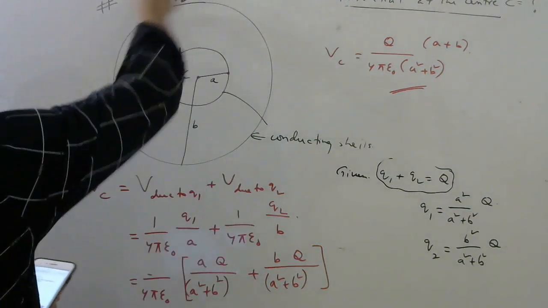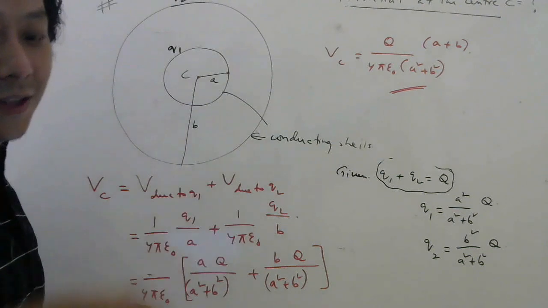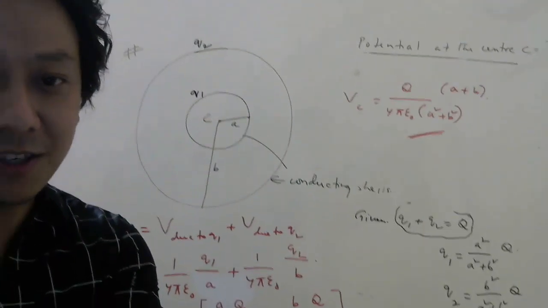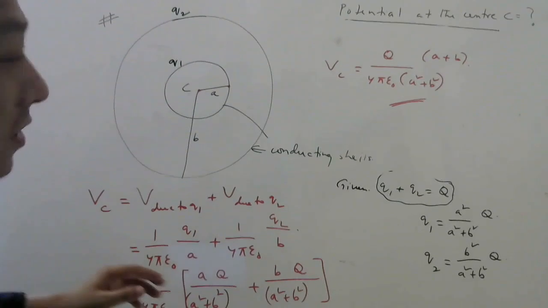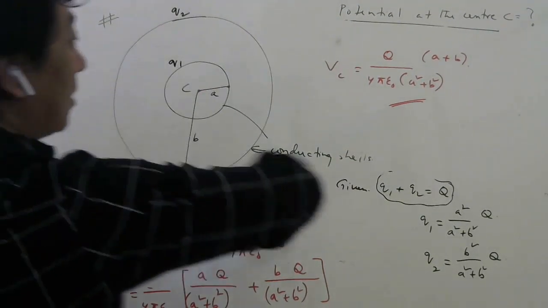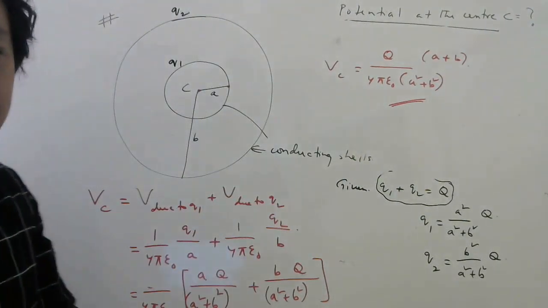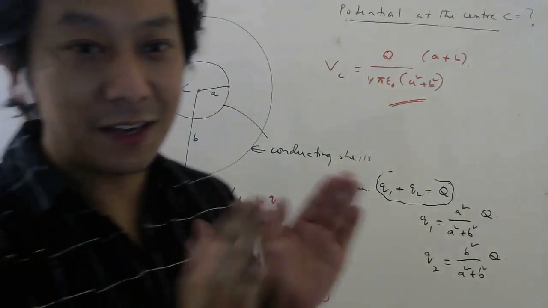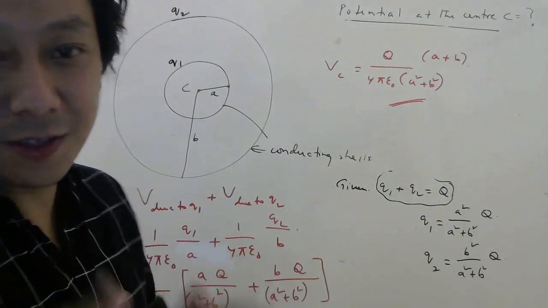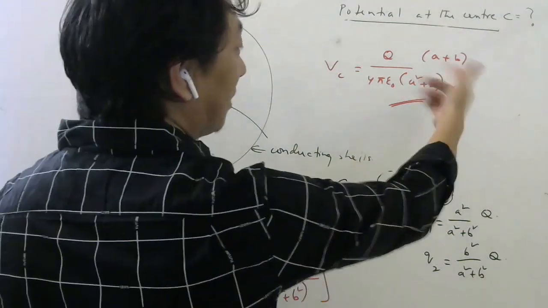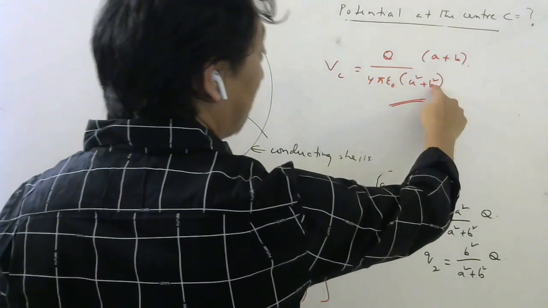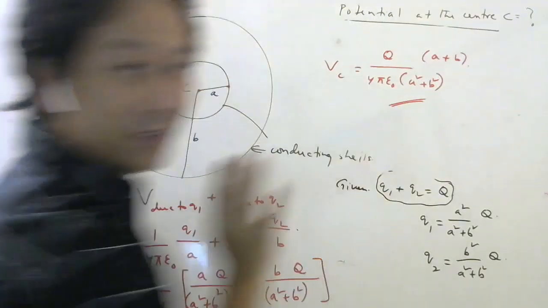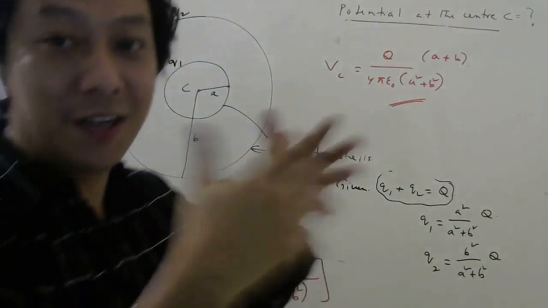What if there were 3 shells, and if they say total charge is divided among the 3 shells, concentric shells, which has radius, let's say a, b, and the third one has radius c. And it is also mentioned that surface charge densities are equal. Then if you repeat the derivation for 3 shells, you can expect a square plus b square plus c square, and here it will be a plus b plus c. Yes or no? You expect that if there were 3 shells.